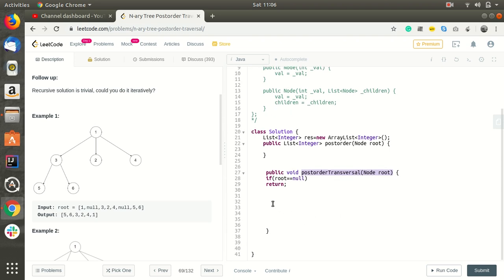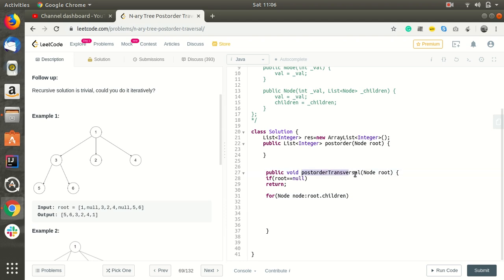So let's call the post-order traversal for all the children: for node in root.children.